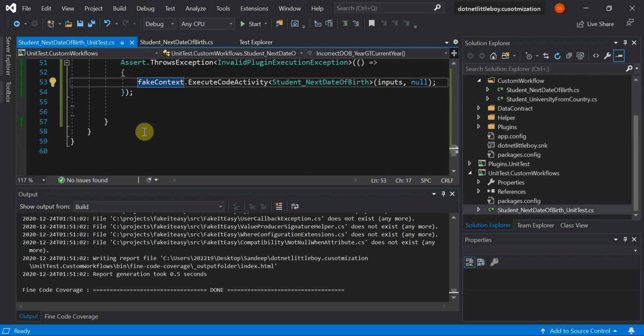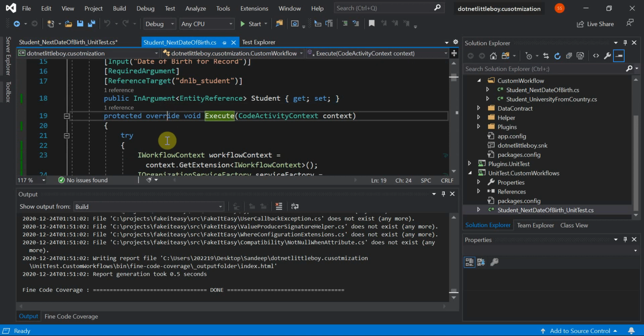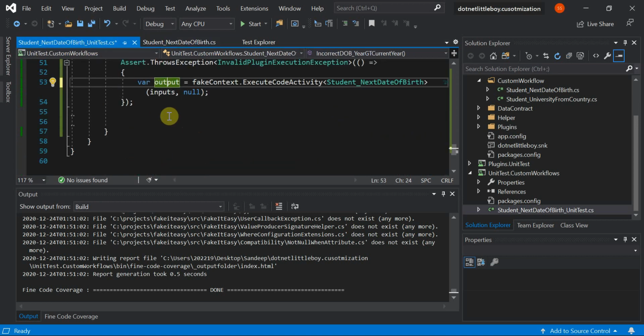I will have the result set with something like an output value, and there you will have all the data returned from your custom activity. Then you can use the assert statement to validate whether the data is coming correct or not. So for the output argument you can do that.